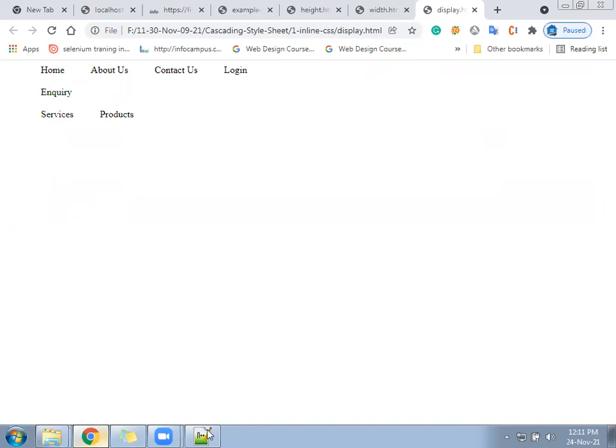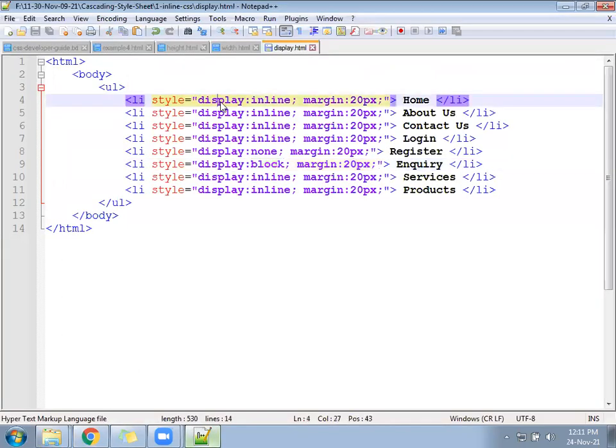Okay. So how many properties do we have? Only one. Values, how many? Display none, display inline, display block, display flex also. In CSS3 we are going to learn flex. Go here, right for UL. Okay, but for UL, if we write display block and none, block I'll keep here inline as of now.